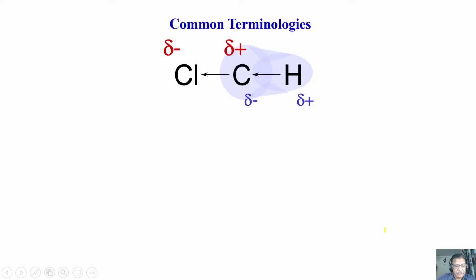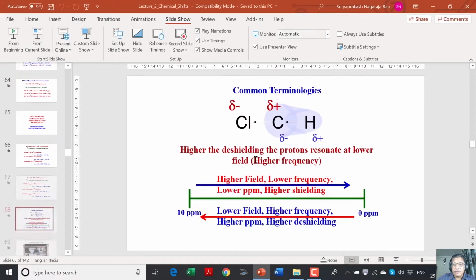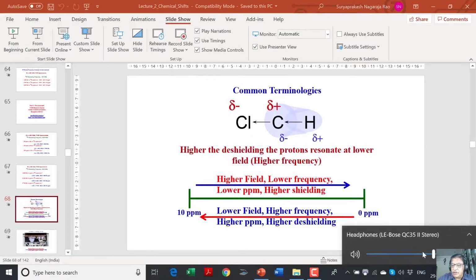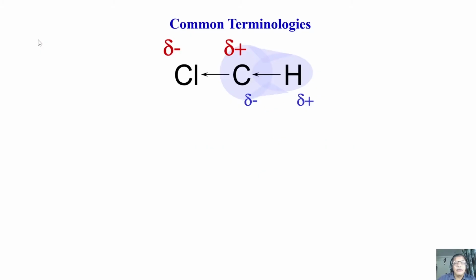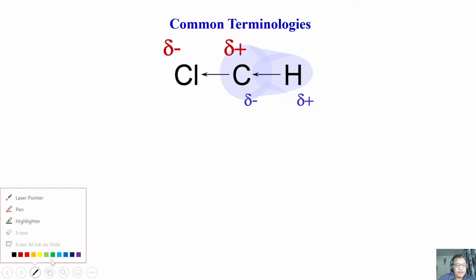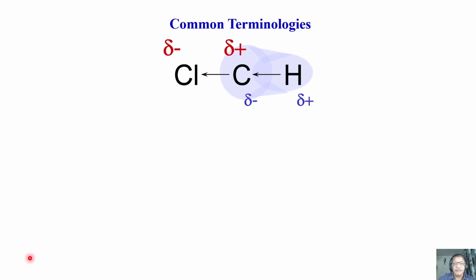Now let us continue further. Let us now use some common terminologies that are normally used in understanding the high field, low field concept, what is shielding, what is de-shielding, etc., which are commonly used in NMR. So what is that commonly used terminology? Take for example,